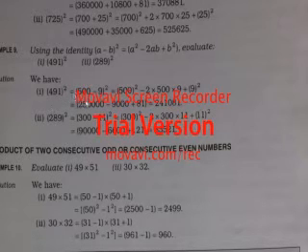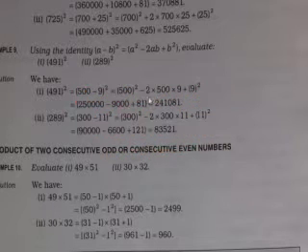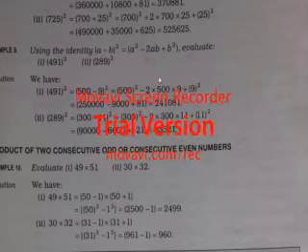If you will see here, 491 whole square is equal to (500 minus 9) whole square. That means 500 whole square minus 2 into 500 into 9. That means 2ab. In place of a there is 500, in place of b there is 9. So 2 into 500 into 9 it is, and plus b square. The same formula is used. Okay. So what happens? It becomes easy.